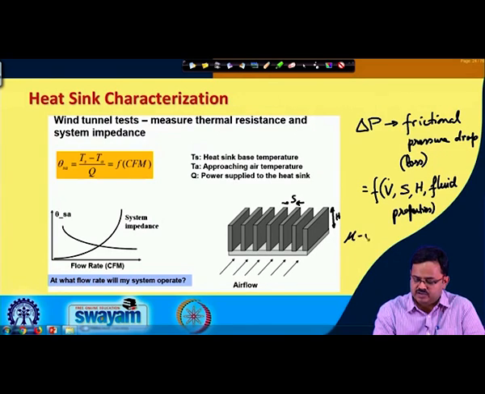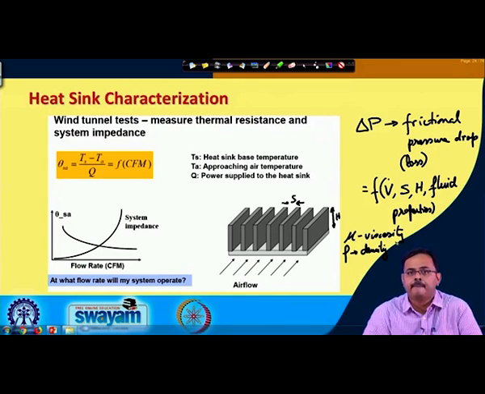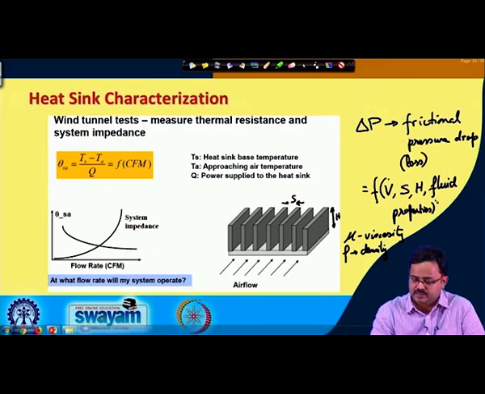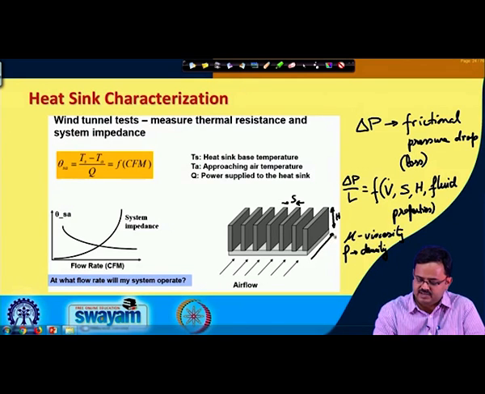Namely mu, which is viscosity, rho, which is density, oh yeah, and one more thing, obviously: the pressure gradient, delta P over L, if this is L, is going to depend on all of these. So, the pressure drop is also going to depend on L. Think about flow through a pipe, okay, or